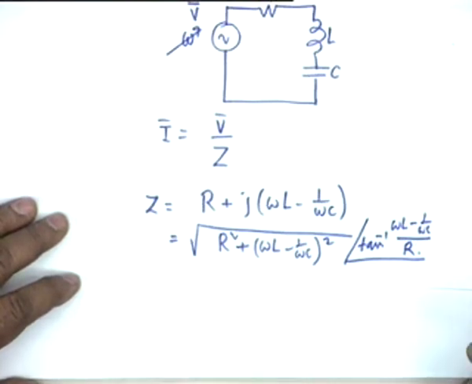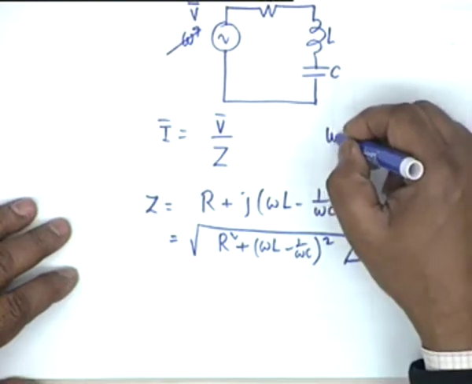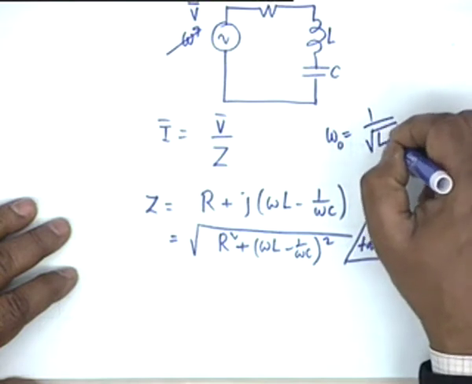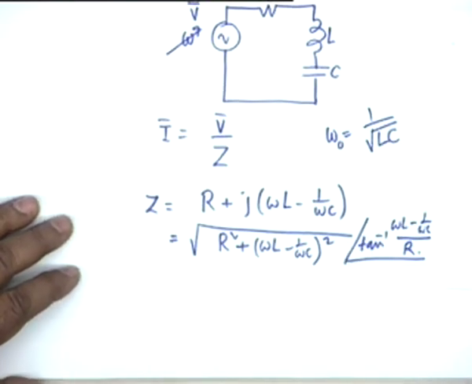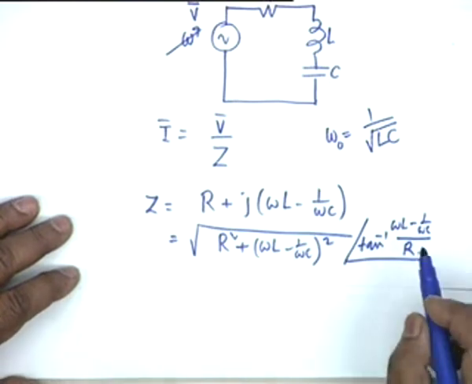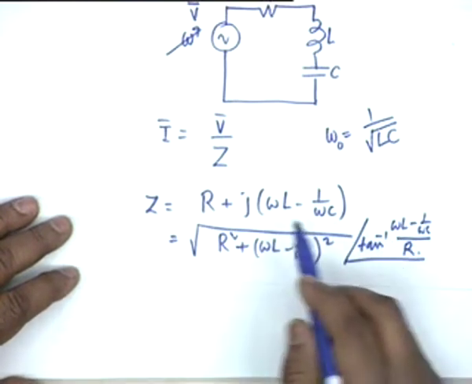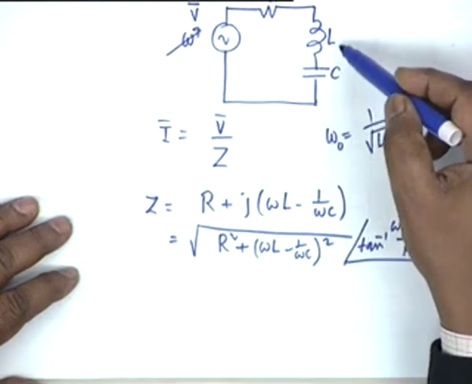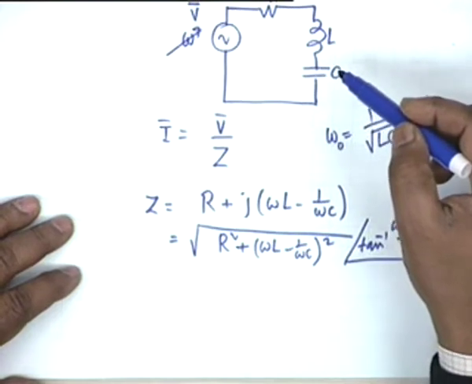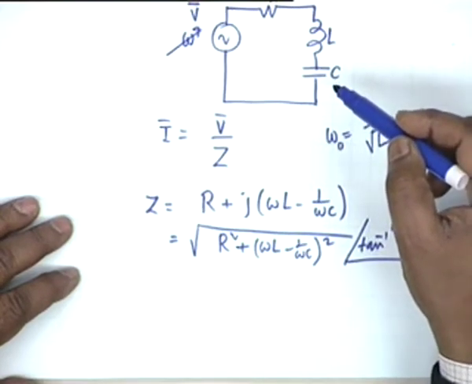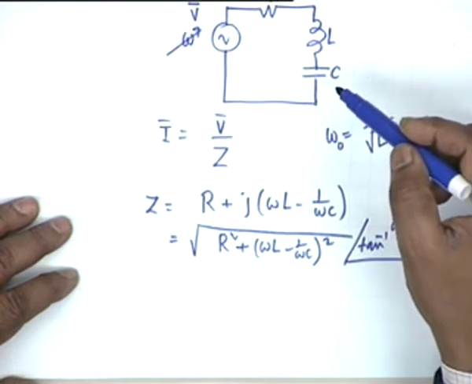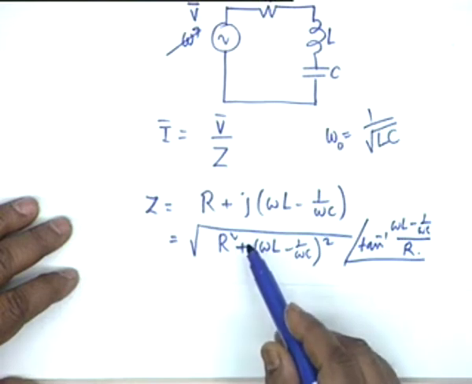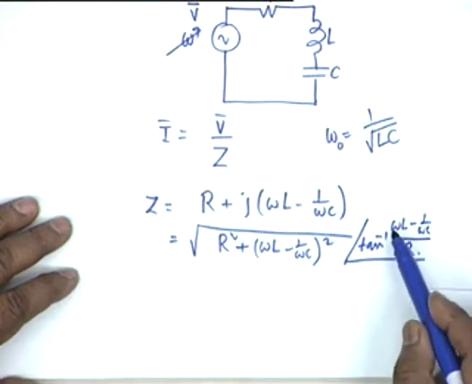As omega increases beyond this frequency, which we call the resonance frequency omega 0, which is 1 over square root of LC, beyond this frequency this term dominates, omega L becomes greater than 1 by omega C, so the circuit becomes inductive because its reactance is positive. The impedance again increases towards infinity. As omega goes to infinity, the impedance magnitude goes to infinity, and the angle goes to tan inverse infinity, which is pi by 2,